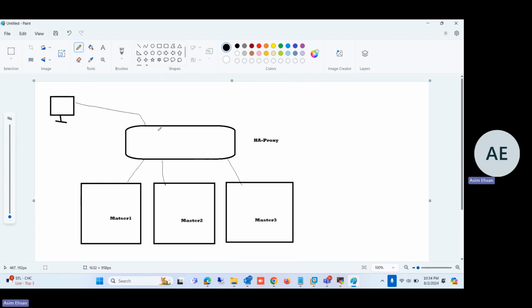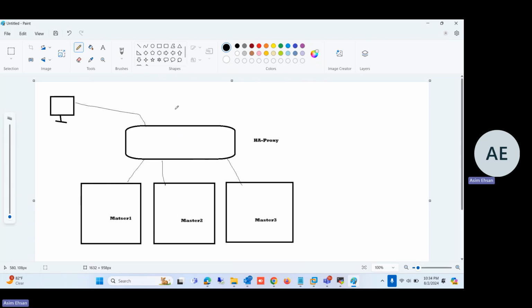So the API request will come to HAProxy, and then HAProxy will send the request to any of the available master nodes. If one master node fails, HAProxy will not send requests to that master. Okay, so this was the case for the API. Now